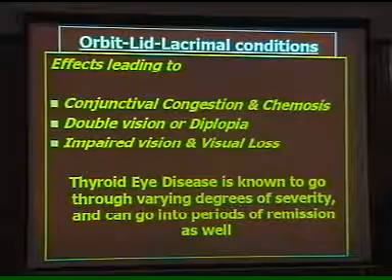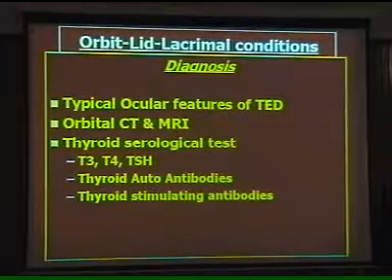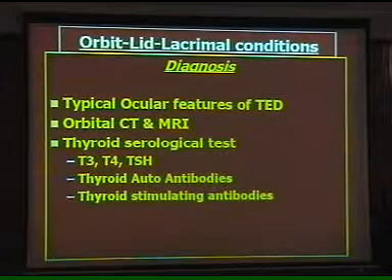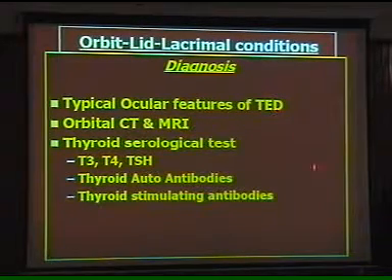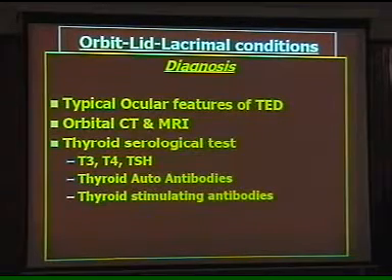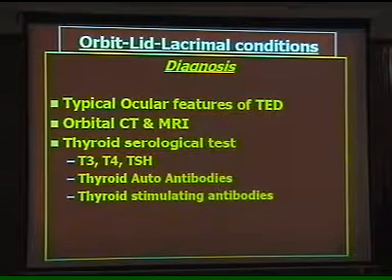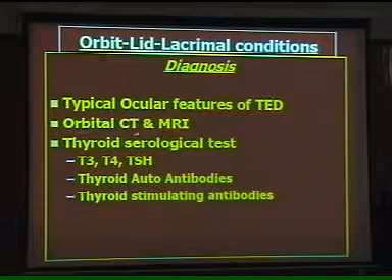Thyroid eye disease has a tendency for remission and recurrence, so it needs to be observed very closely. Now, diagnosis is made on typical features. Most of the diagnosis is a very easy diagnosis and is based on clinical findings. Although there is some support from the lab and the imaging techniques, muscle evaluation, muscle density, and thickness can easily be measured in